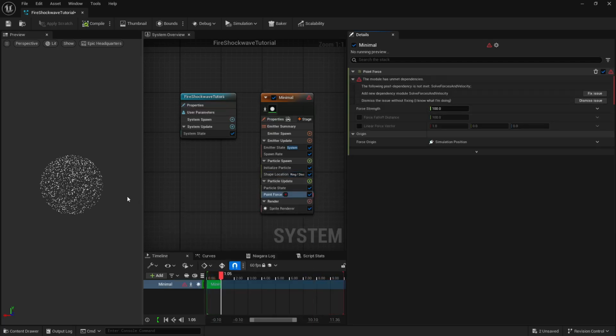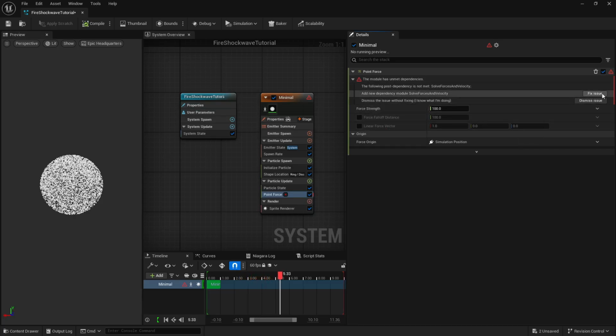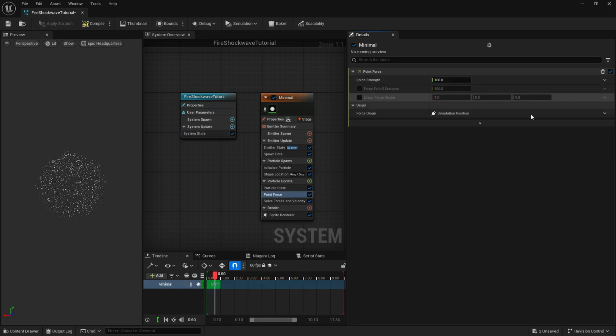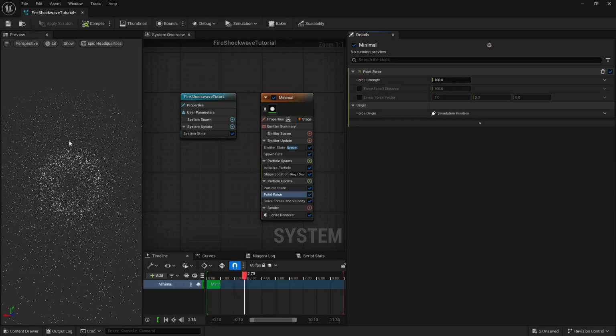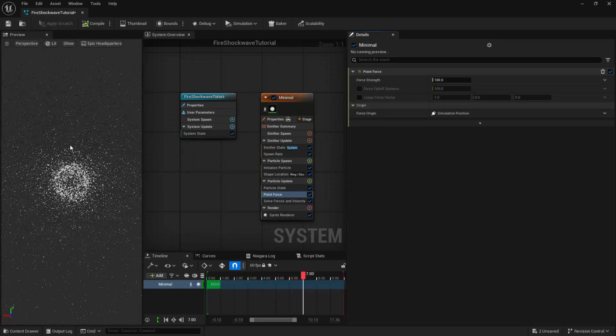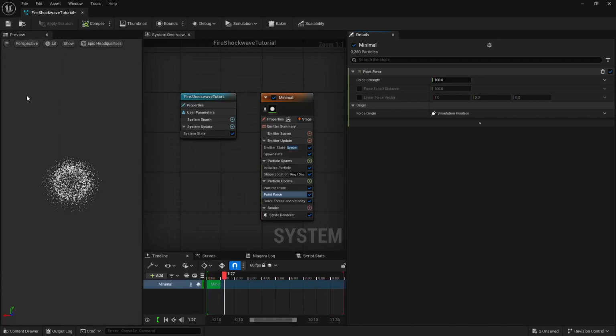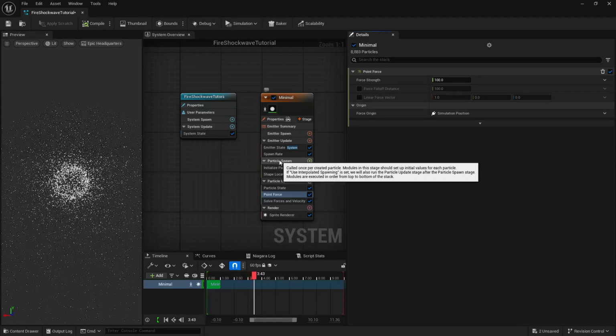And as soon as I do it, you can see nothing is happening because it is telling that there is an issue. But as usual, we are going to click on fix issue here. And now you can see the particles are going outside here, but they are living longer here. Okay, I don't want my shockwave to live that much longer because if you do this, there will be a lot of smoke. So let's just play with our lifetime here.